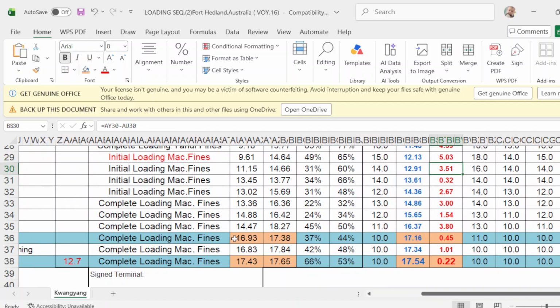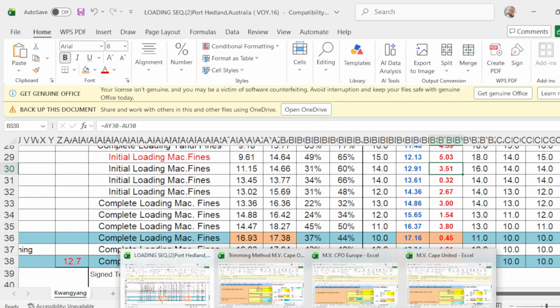Assuming that they have already agreed with these figures, forward is 16.93, aft is 17.38, and mid is 17.16. So they have agreed to this figure, and we will apply this to our program. The surveyor has his own program, and that's how they will compute how much remaining cargo to load for trimming.